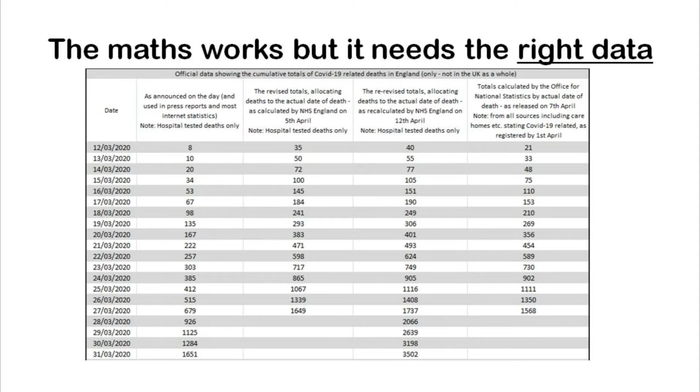The next column, the re-revised totals for the NHS England, looking back as data comes in and putting them against the actual date of death. Revised again in the third column on the 12th of April as new data came in. As you can see, sometimes those revisions go right back several weeks, so that your data is never quite up to date. And the very last column